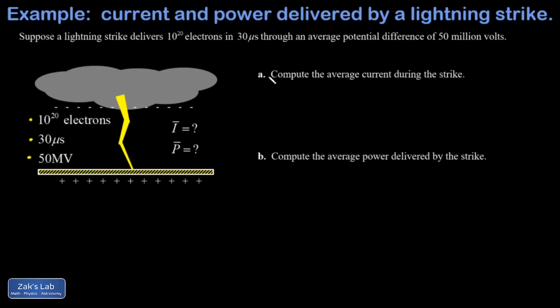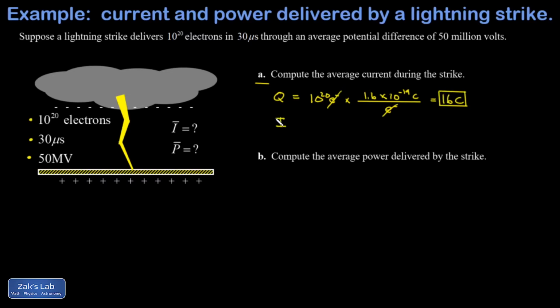So in part A, we want the average current during the strike. So we just find the charge that was transferred, and then we divide by how long it took. To find the charge that was transferred, and I'm just going to speak in magnitudes here, so forget the minus sign for now. I have 10 to the 20th electrons, and then a charge magnitude of 1.6 times 10 to the negative 19 coulombs for every electron. So this comes out to a nice round number, 16 coulombs of charge transferred in the